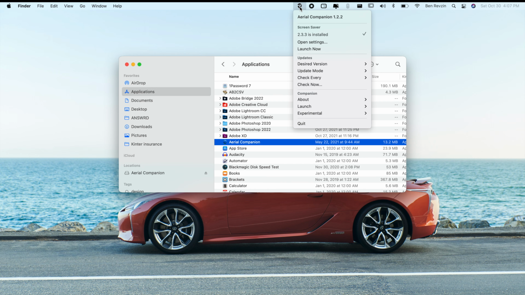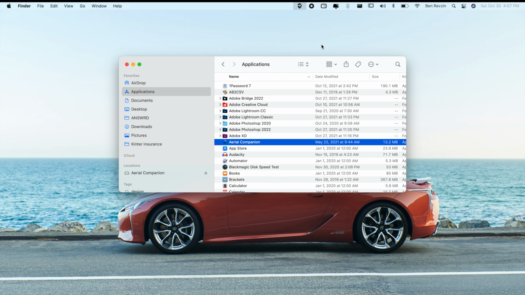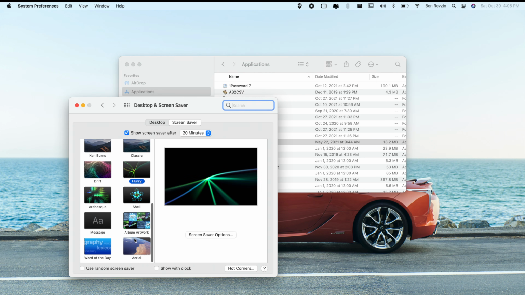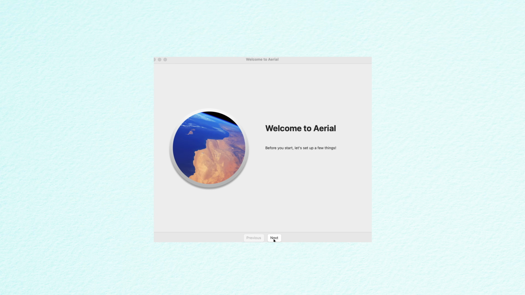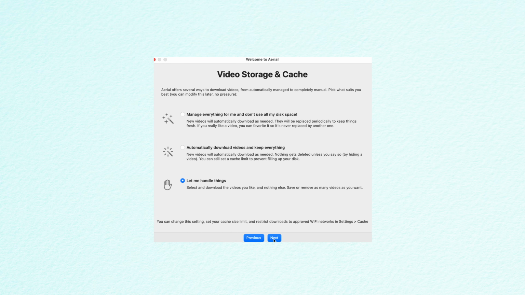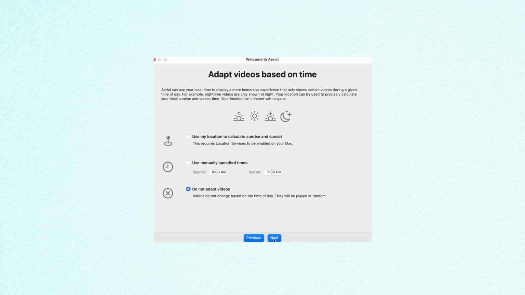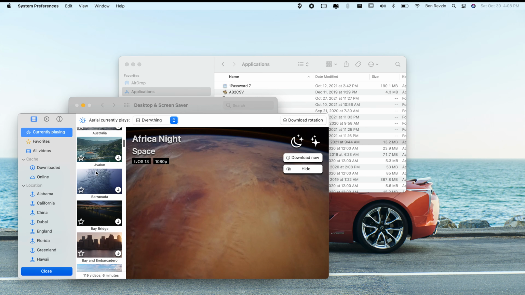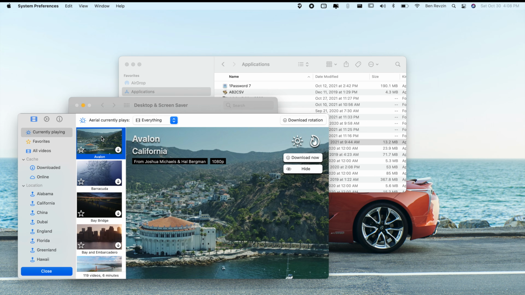top menu bar. From here, go ahead and open settings, and you'll be able to set up your Aerial wallpaper for the first time. It's going to be in the bottom here of your settings, and when you click on screensaver options, you'll get the Aerial settings display. It's going to ask you how you want to set up your wallpapers based on time and location, if you want bright or dark wallpapers, things of that sort, and then you can scroll through all of the various options